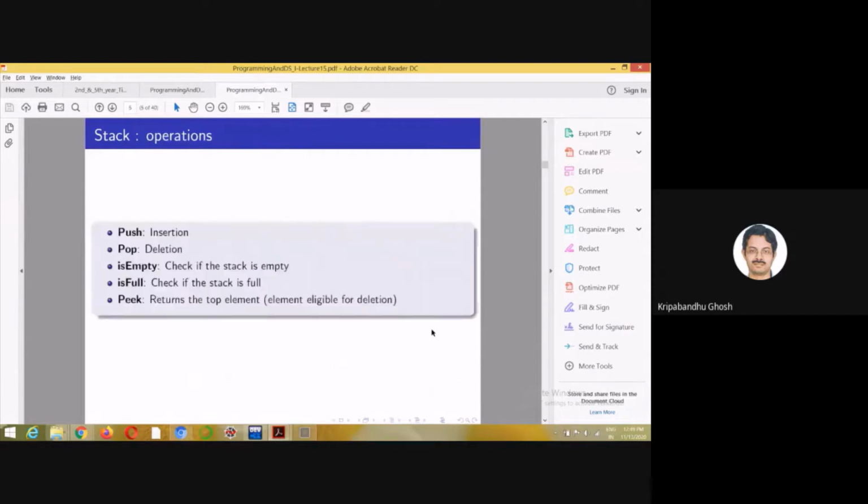How exactly are we going to implement a stack? We already know about push and pop operations. There are several other sub-operations which will be useful, like checking if the stack is empty, and checking if the stack is full. By full I mean, suppose you are using an array and it is not a dynamic array, it's a static array. You know the maximum number of elements it can store. If it reaches that limit, then it should stop. You cannot push anything into it.